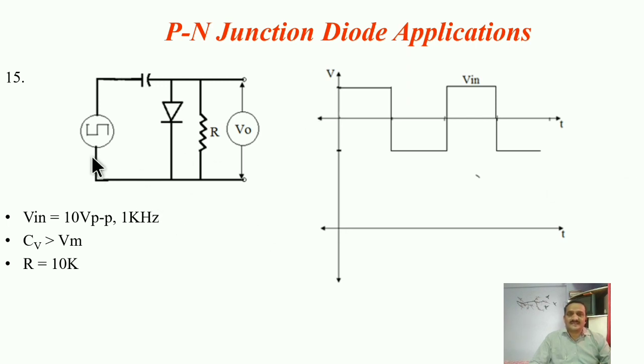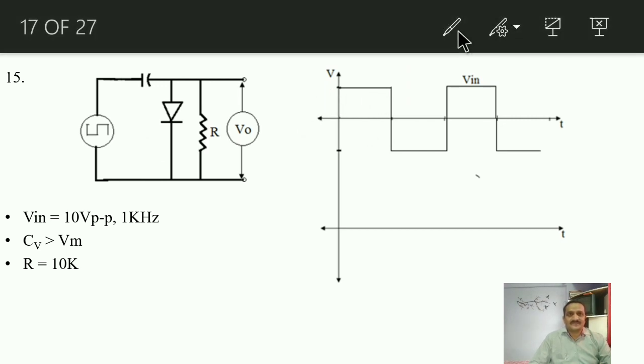Now in this case, what nature of output? The applied input is a square wave. It is known as a clamper circuit. During the positive half, the diode will conduct and the capacitor will get charged up like this. Here the value of this R is considered somewhat large, that's why I mentioned it as 10K. So this capacitor will charge like this. In that case, the obtained output voltage will be almost equal to 0.7, or we can say almost equal to 0, because there is nothing but the drop across this diode, right?